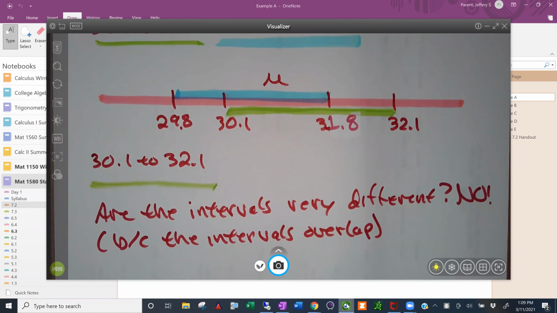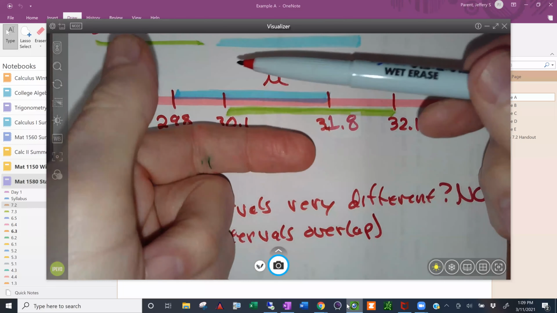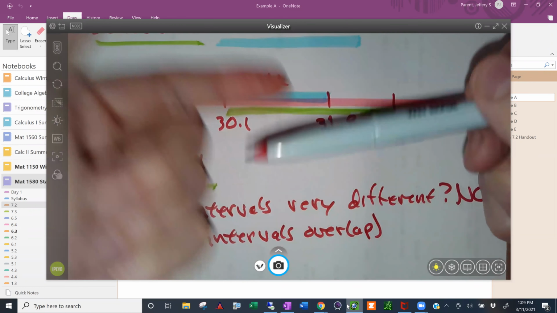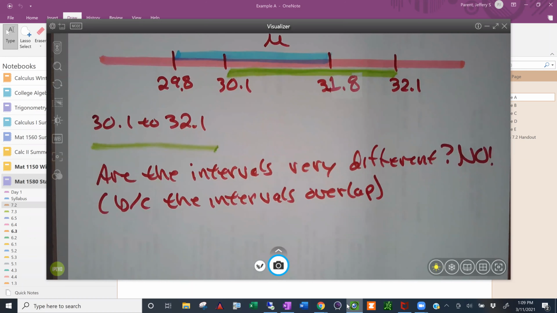Yeah. Because it overlaps, it doesn't matter how far the numbers were, but if it overlaps, it's Yeah, true. I mean, they're not exactly the same. Now, I can't be 100% certain, but I'm pretty sure that the author's intention is to draw your attention to the fact that the intervals overlap. And because they overlap, they're not that different, as opposed to,